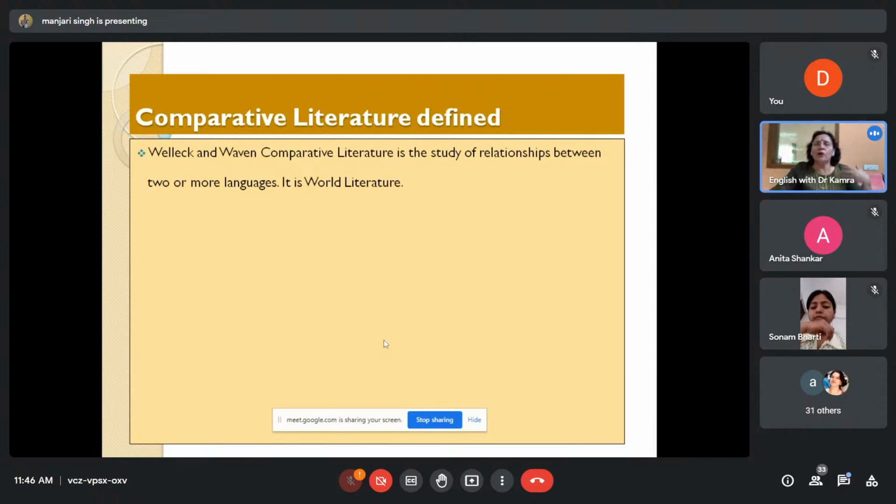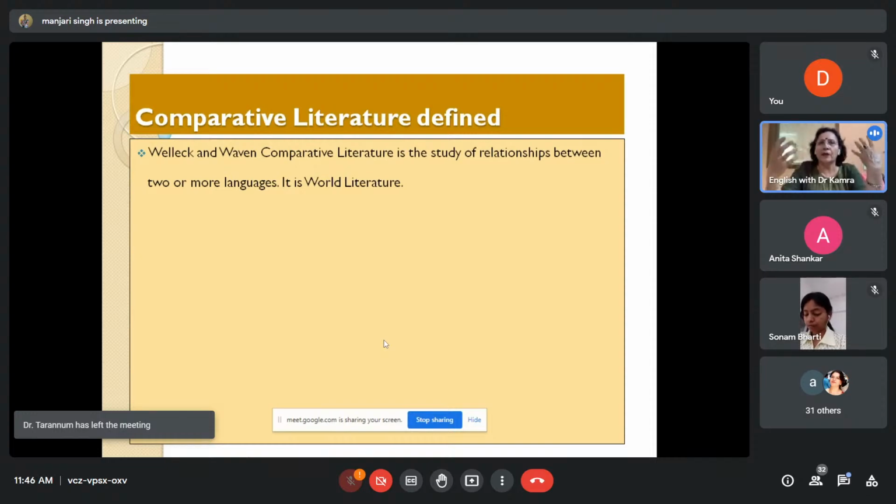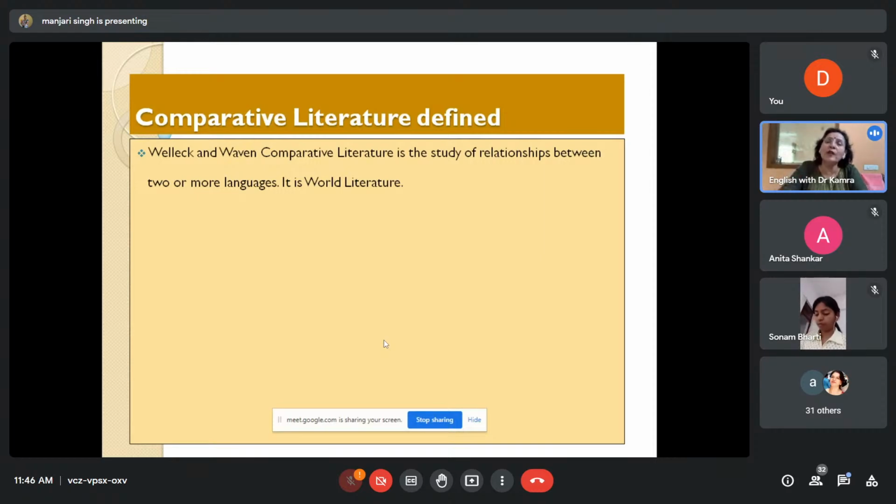So this way, you find that when two people meet, just assess how many ideas are exchanged, how many feelings are exchanged, maybe how many thoughts are exchanged, provided you are serious about how you are exchanging and with whom you are exchanging. So this way, what you find is that because two languages are never similar, the representation of two different lives in two different novels can never be the same.